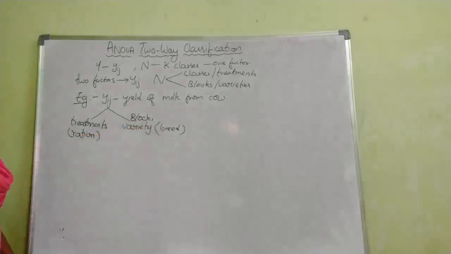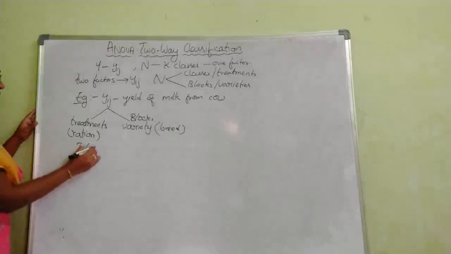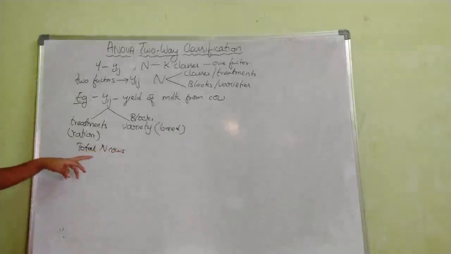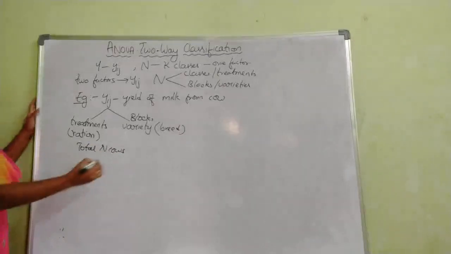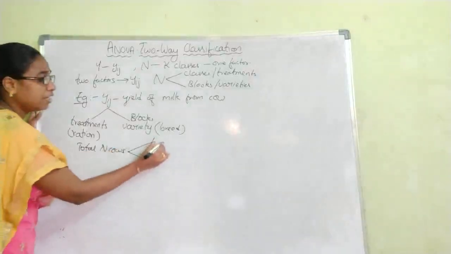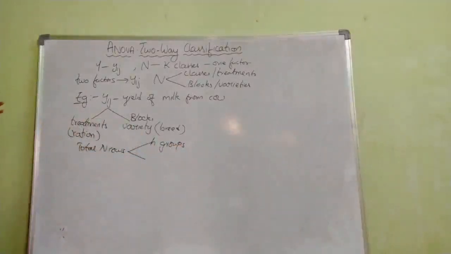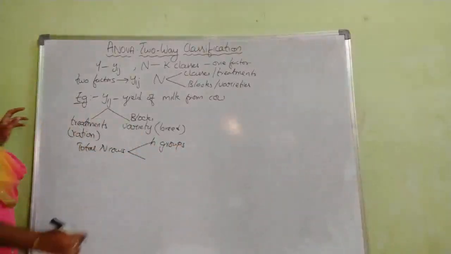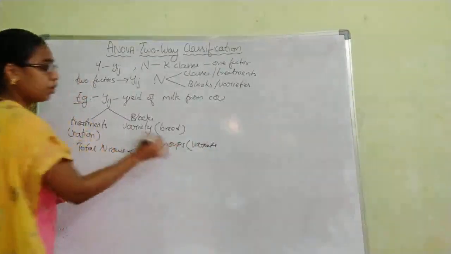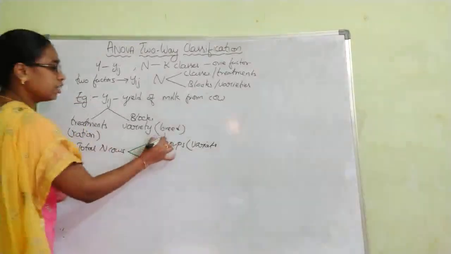So let us now suppose that there are a total of n cows, right? So these n cows are divided into H groups. These total n cows will be divided into H groups based on the variety. So based on the variety of the cows, we divide them into H groups, which are called the H blocks. H blocks or H groups is the same.